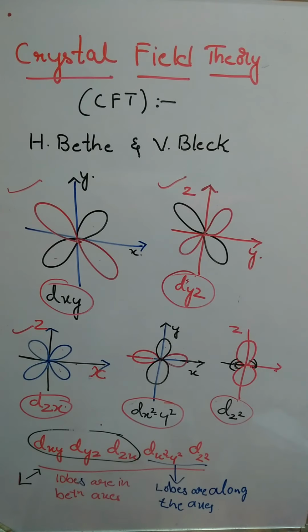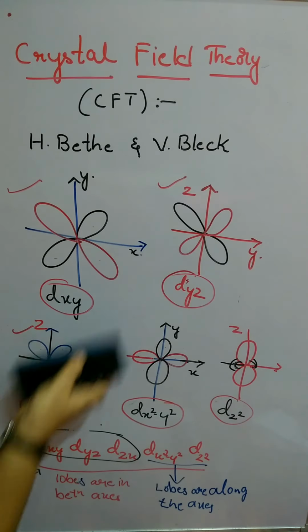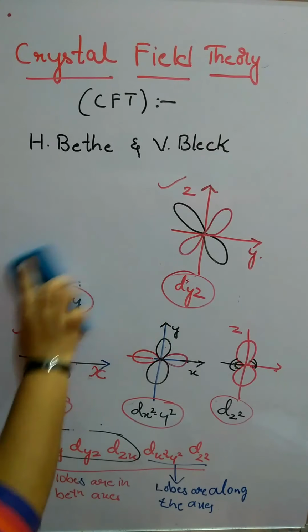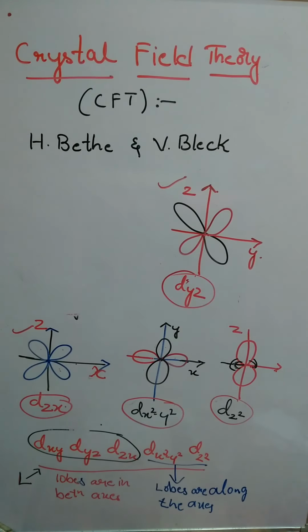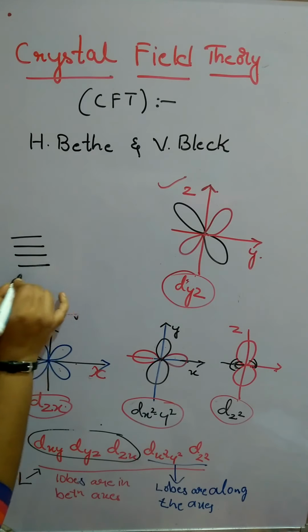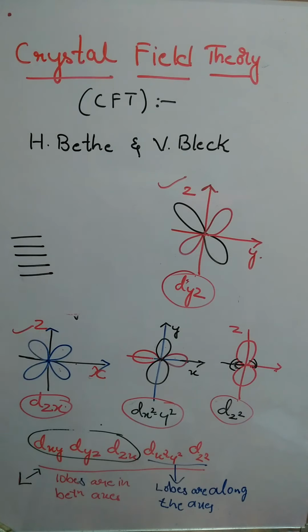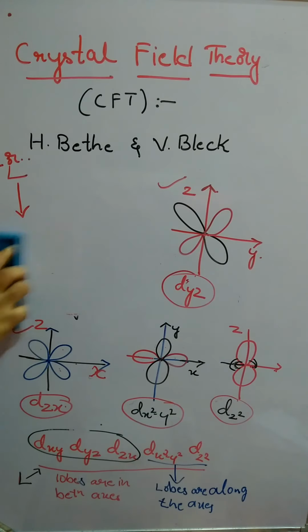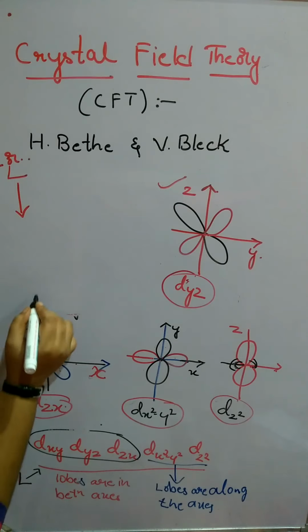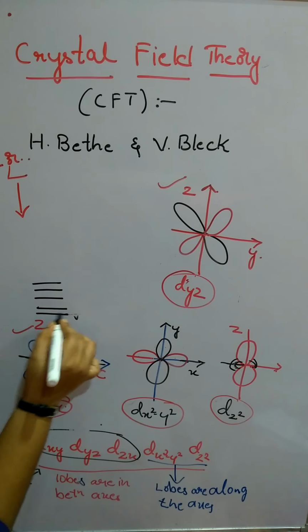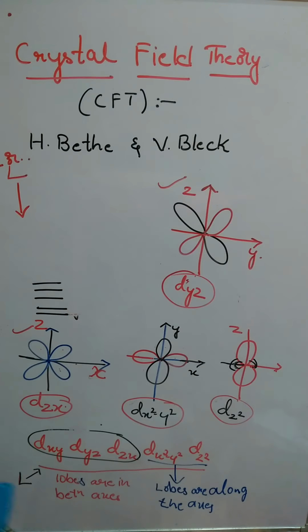Earlier also I have drawn a diagram. If the five d orbitals are there, I will mention it in this way. The ligand is coming near to it. When the ligand comes near, we have a negative charge or a lone pair there. Because of the electrons of the ligand and the electrons of the orbital, there will be repulsion between them when it is approaching.